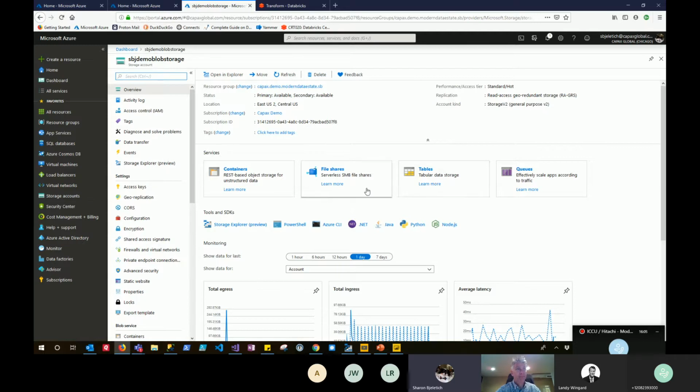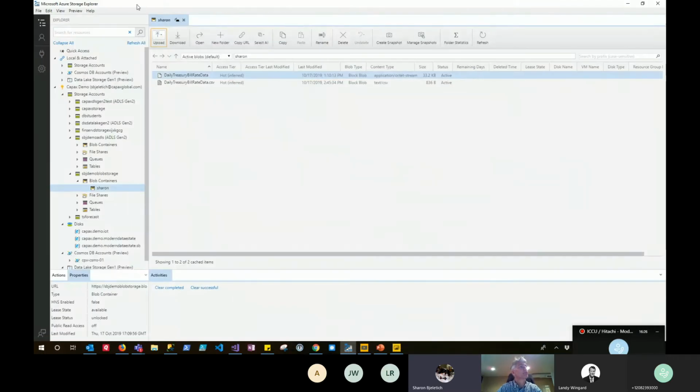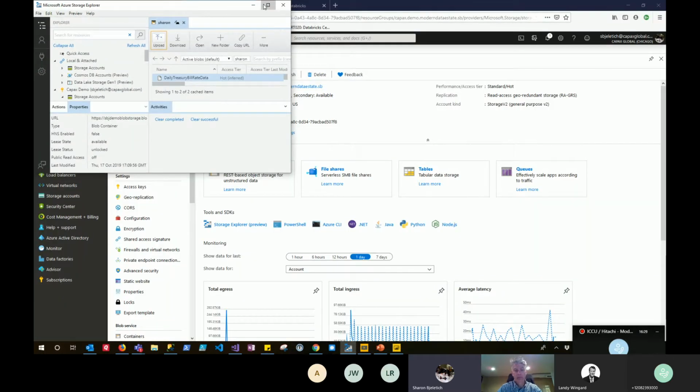And file shares, you could still do that, but in a lot of ways, data lakes have sort of pushed this off, and they're here because people still use them. But blob storage is really just about containers somewhere that you throw all your stuff in, and there's nothing more to it than that. So if we open up this tool, which is called Storage Explorer,